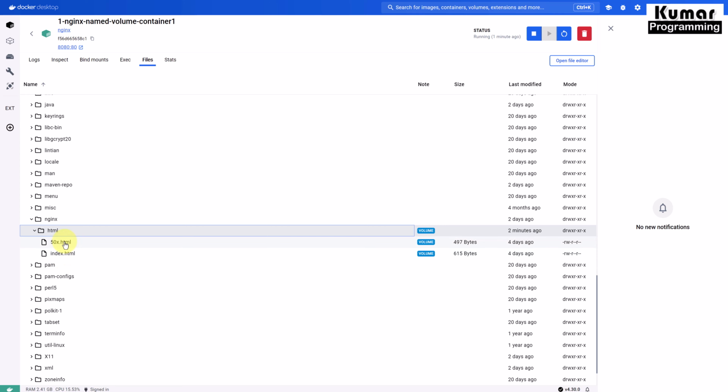These two files are there, and it's mentioned as a volume, right? These folders have the data, and this data is associated with the volume. So what will happen if this container crashes? Still this data will be available.